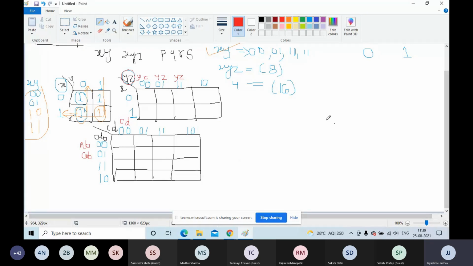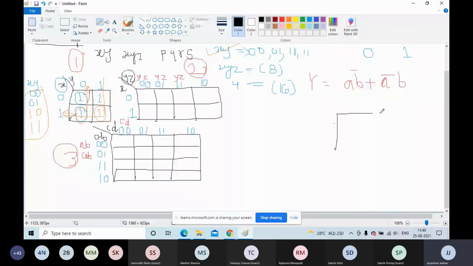Now you can see if I have an equation like AB plus A B bar plus A bar B. This is my A bar B. Okay. Now you tell me which K-map I have to use. This is the first K-map, this is the second, this is the third one. Which K-map is required here? The first one, ma'am. Why? Because there are 2 variables. Very good. There are 2 variables. So I have to use the K-map for 2 variables.